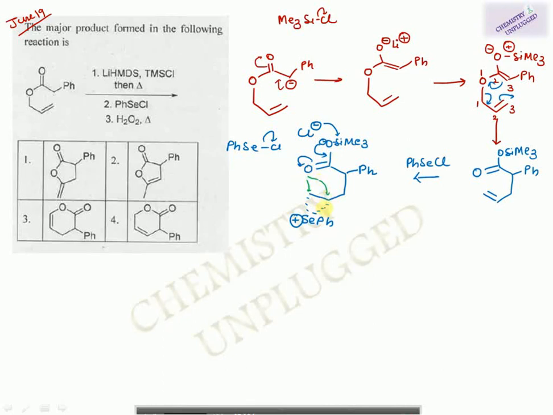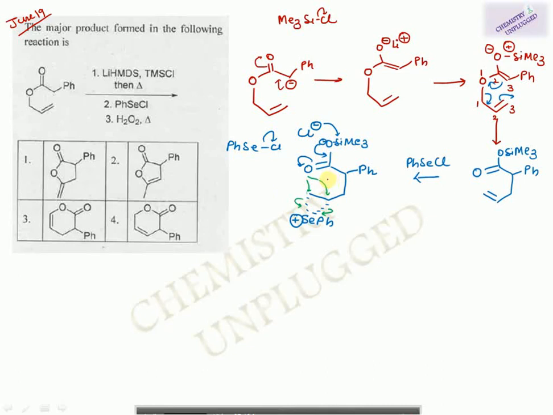So you have a positive charge here, and this carbocation is more stabilized, secondary in nature. But if this oxygen attacks on this carbon, this bond will shift like this and you will get a carbocation here, on which this oxygen will attack. But this carbocation is less stable as compared to the one generated at this position. Secondary carbocation is more stable. So the preferred pathway will be this one.